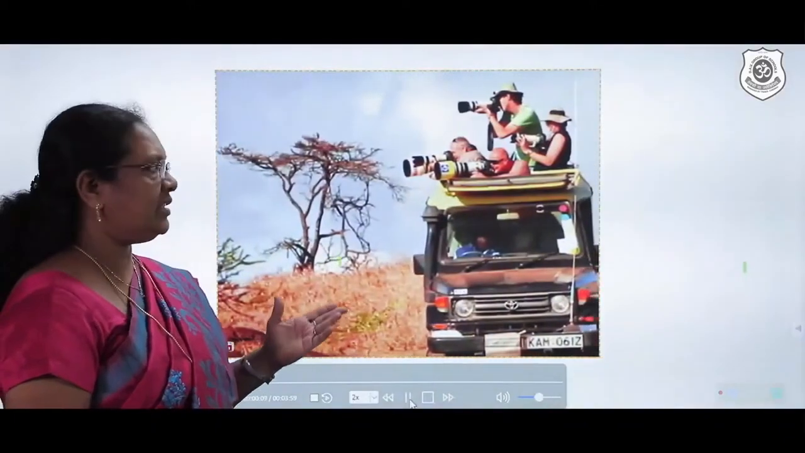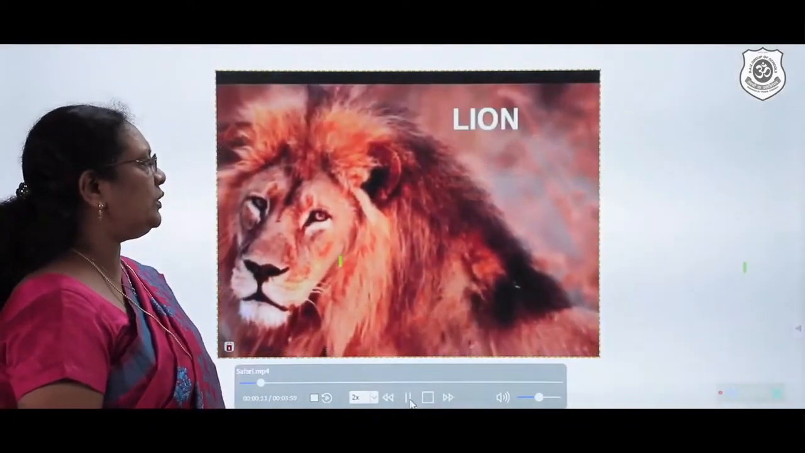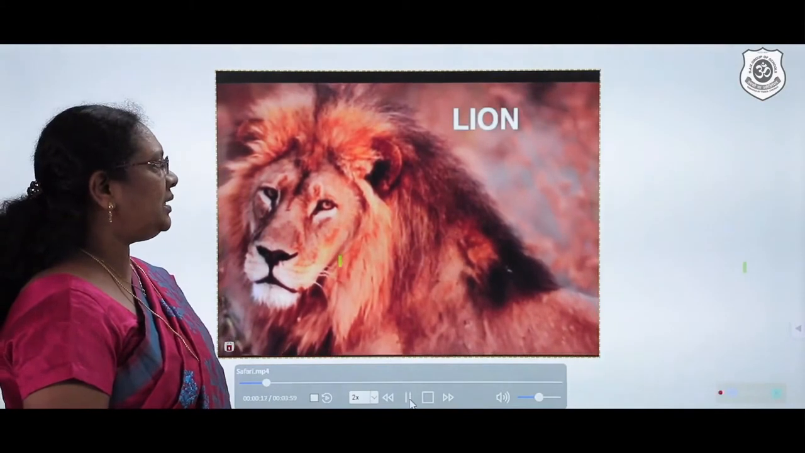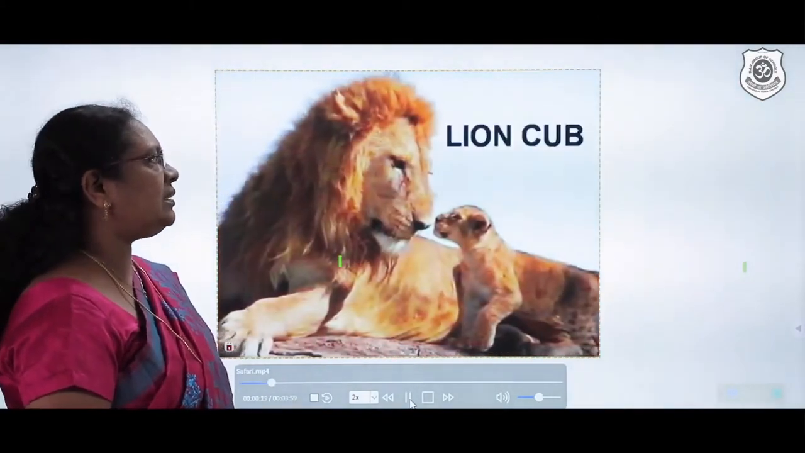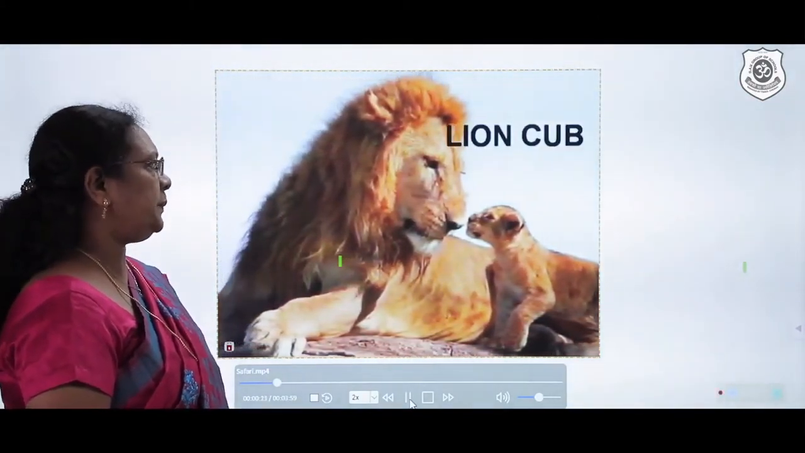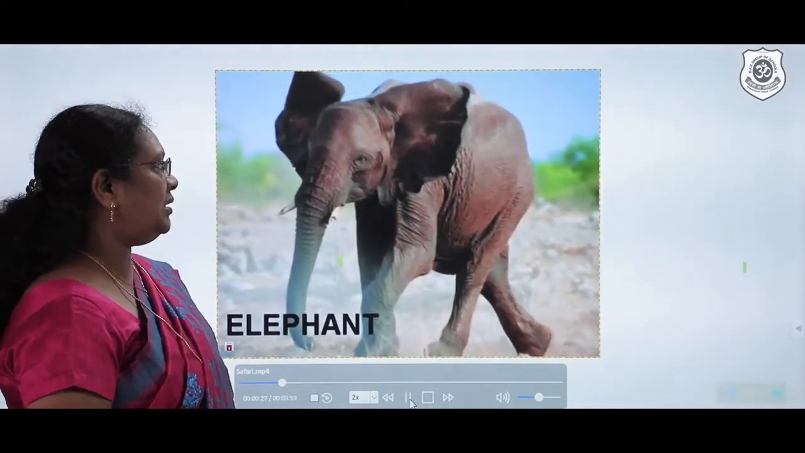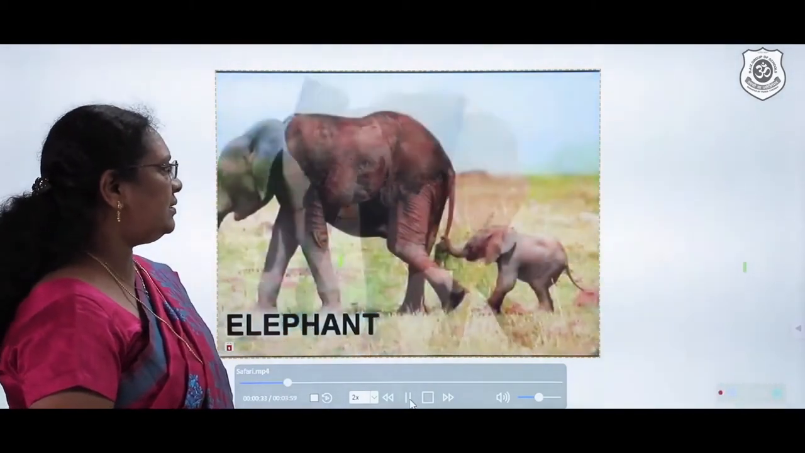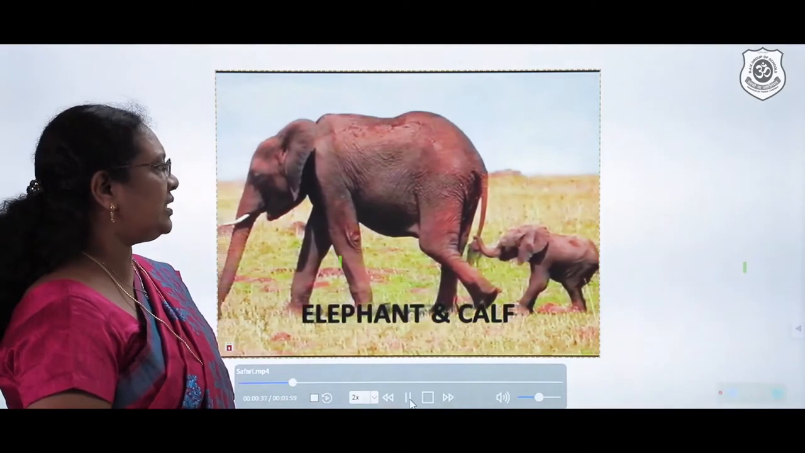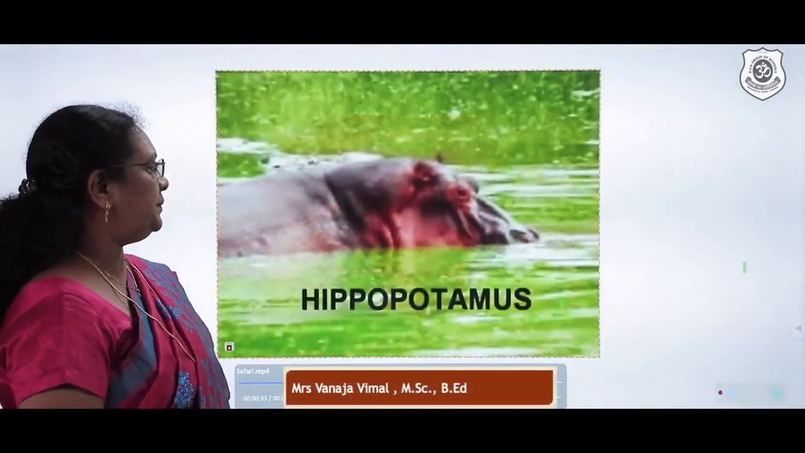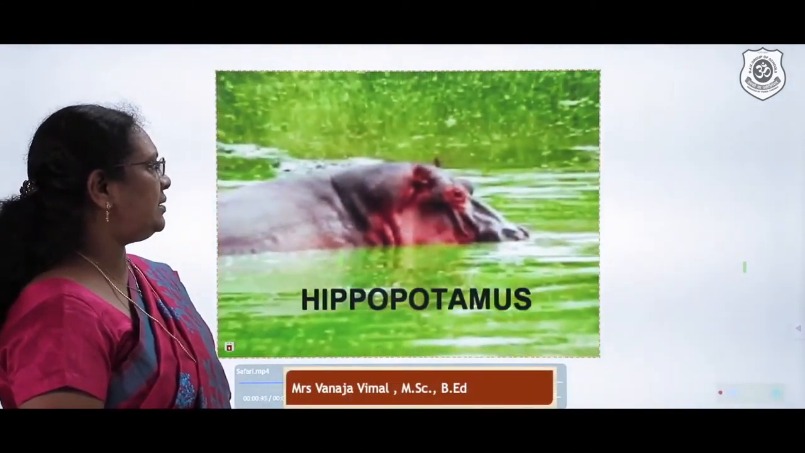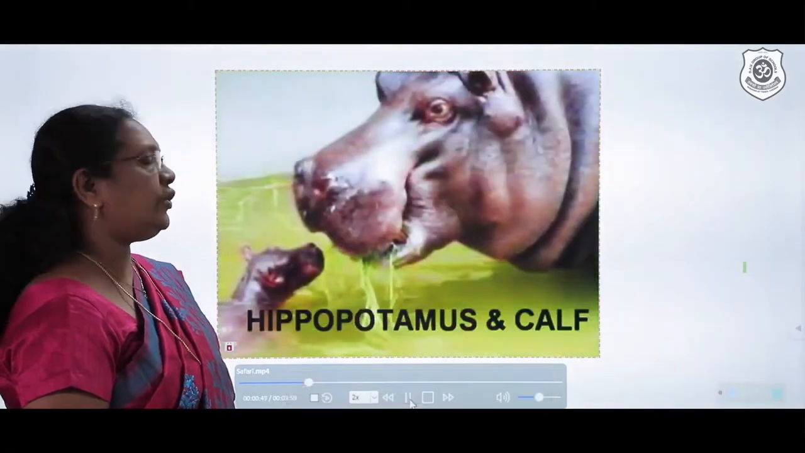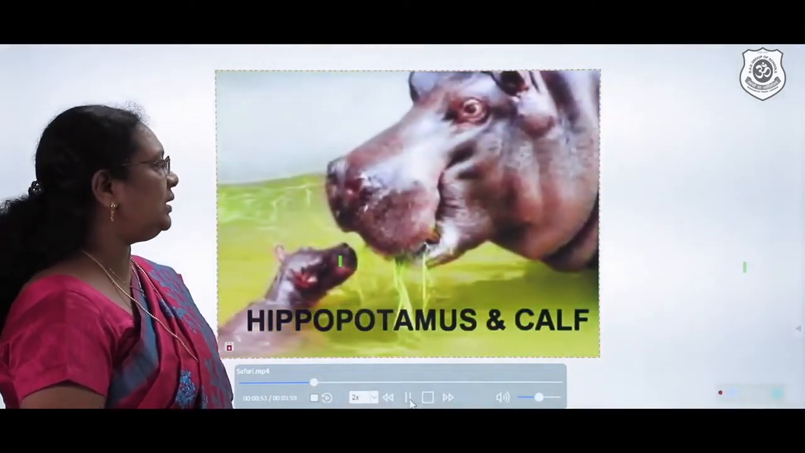Just imagine yourself as if you are also there in the jeep along with those people, observing the magnificent lion with its lion cub, the magnanimous elephant with a baby elephant or its calf, the hippopotamus enjoying its time with its young one, calf,